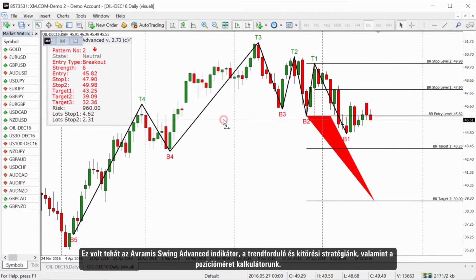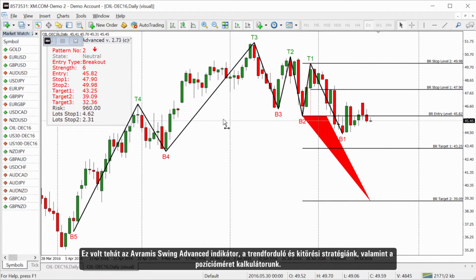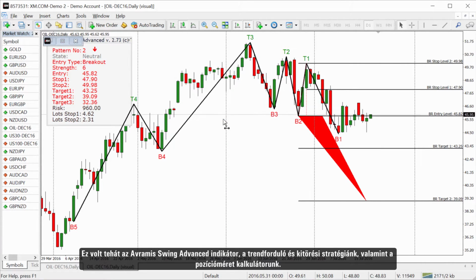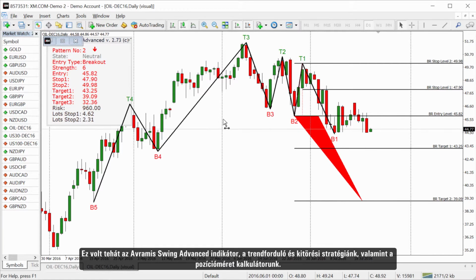So that is our Avramis Swing Advanced version indicator, along with our trend reversal and breakout strategies and our position